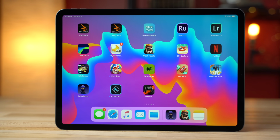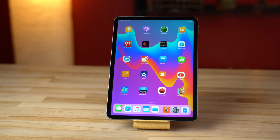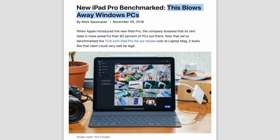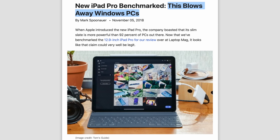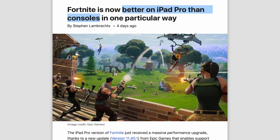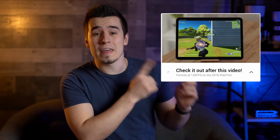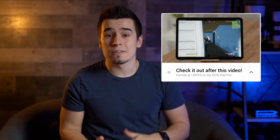Ever since the 2018 iPad Pro was released, it's been making headlines because of how much power it's able to squeeze out of its thin design. For example, it's able to get 120 FPS in Fortnite, while a lot of high-end consoles are still limited to 60. I tested it myself in that video, which we'll link to at the end of this one,